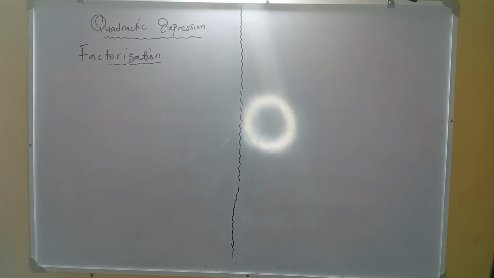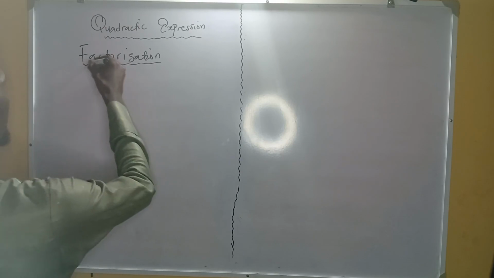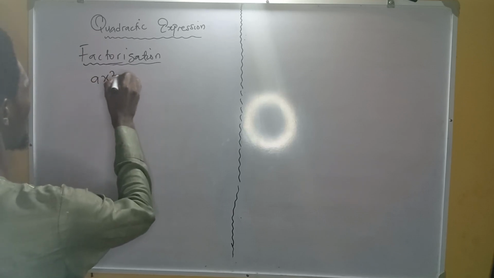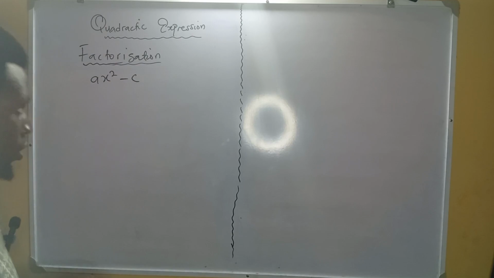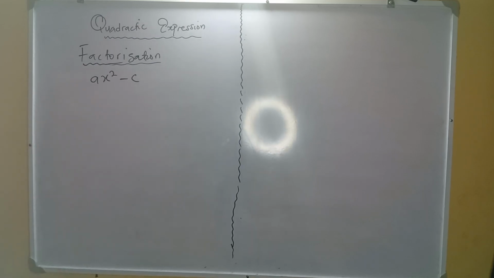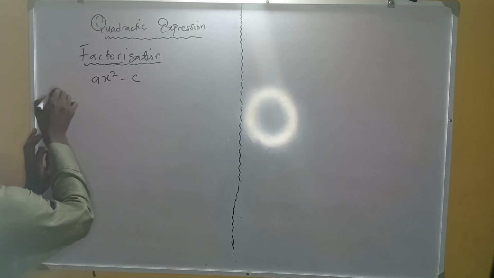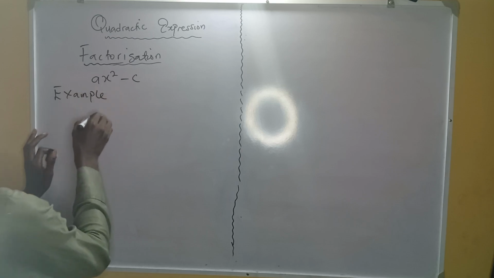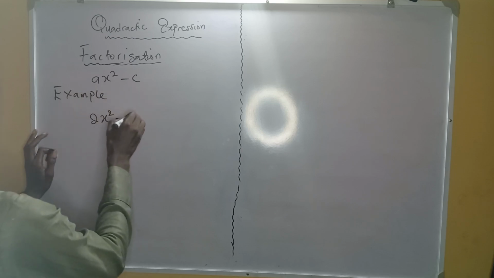Now, there is another form of quadratic expression, and this form is ax squared minus c. This form of quadratic expression comes in two ways, but we are going to look at it in different ways. So if you have an example, you're given an expression of this form: 2x squared minus 4